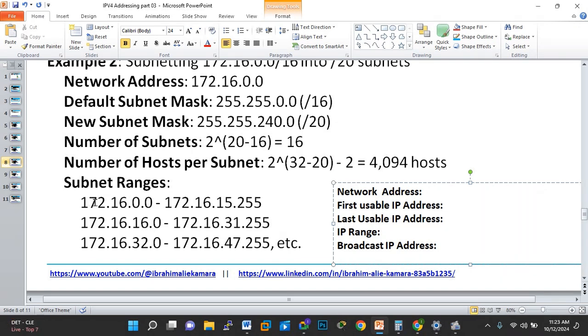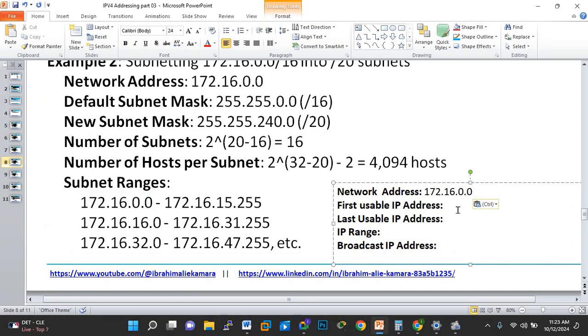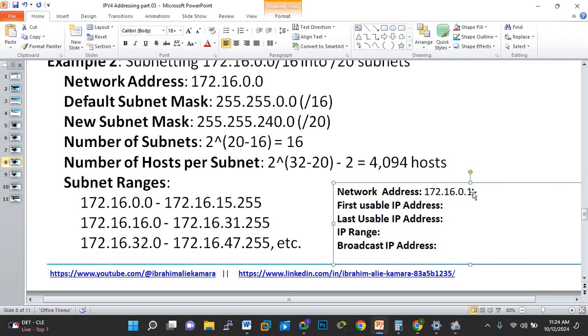Now we know the blocks. The first octet, the first valid IP address now will be .1. Our last IP address for this network, okay, this is our network. The first will be this, which is .1, and the last usable IP address here now will be,